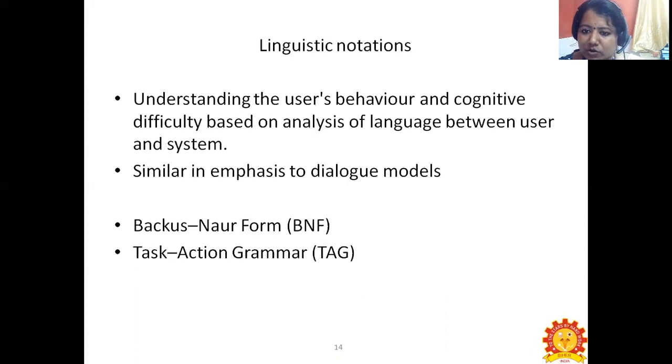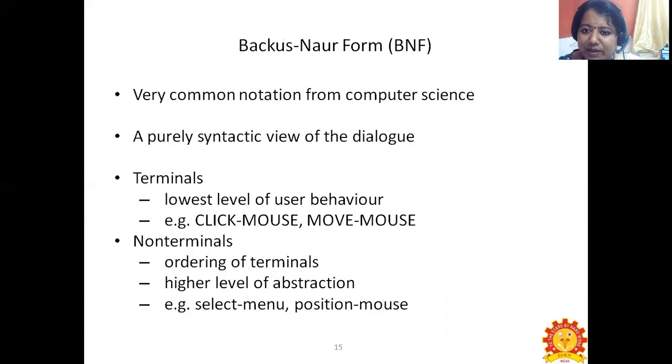Next is the linguistic notation. Under the linguistic notation, we are going to see in detail about Backus-Naur form, that is BNF, and task action grammar, which is TAG. BNF is a syntactic view of a dialogue. Under BNF, we have terminals and non-terminals. The terminals denote click mouse and move mouse.